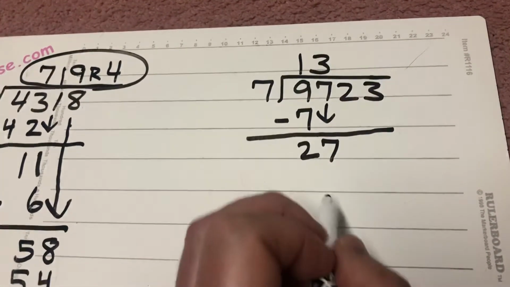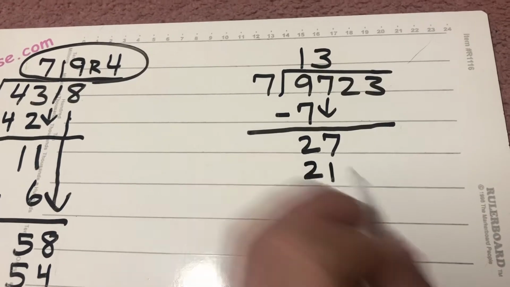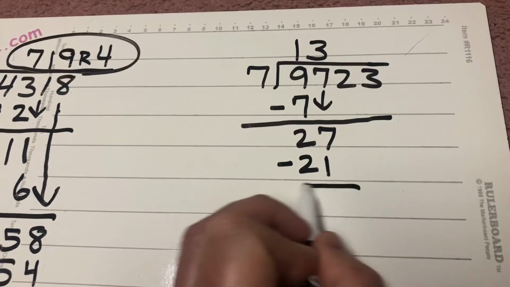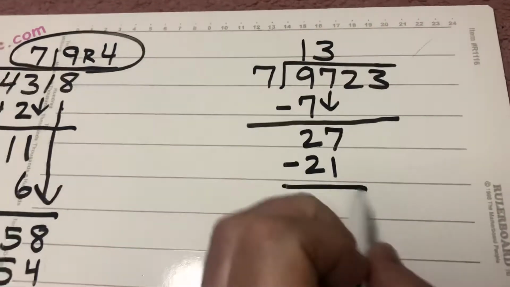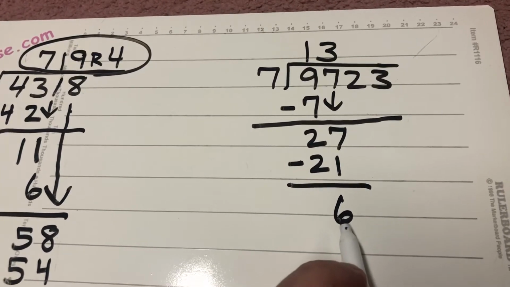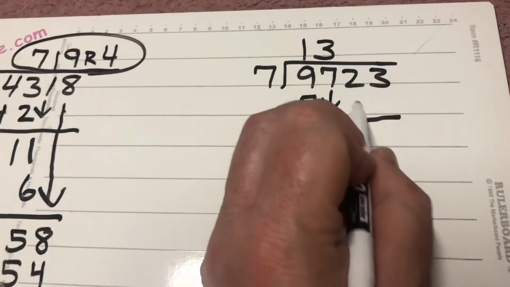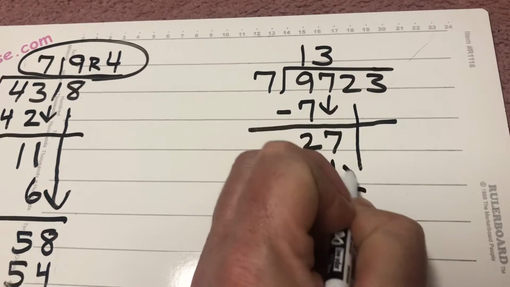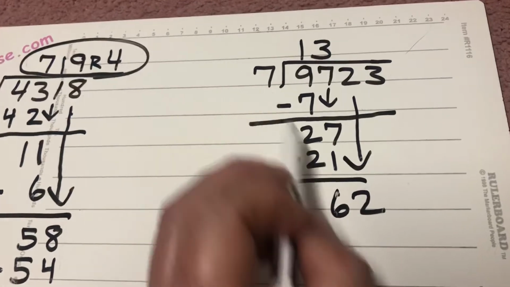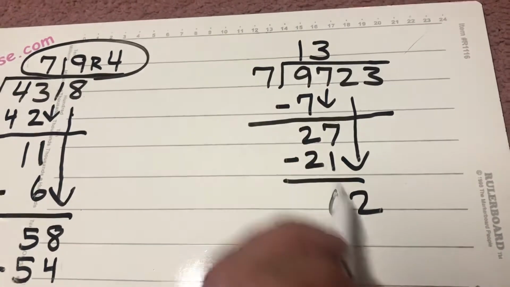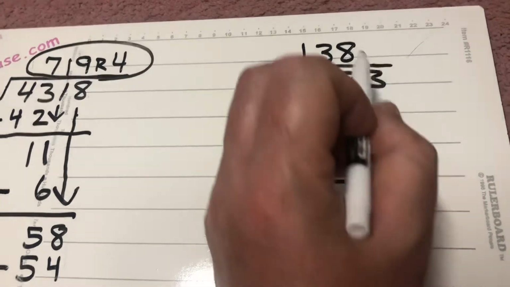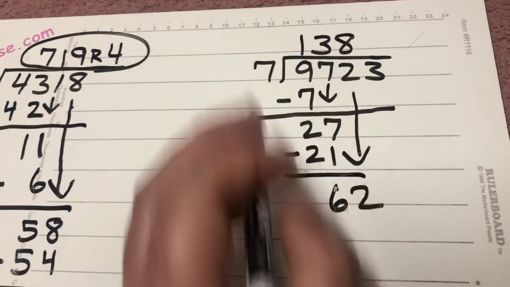3 times 7 is 21. 27 minus 21 is 6. And I'm okay with 6 after I subtract because it's less than 7. Then I go ahead and bring the 2 down. Okay? How many times can 7 go into 62? 7 can go into 62 8 times. After I divide, I multiply. 8 times 7,